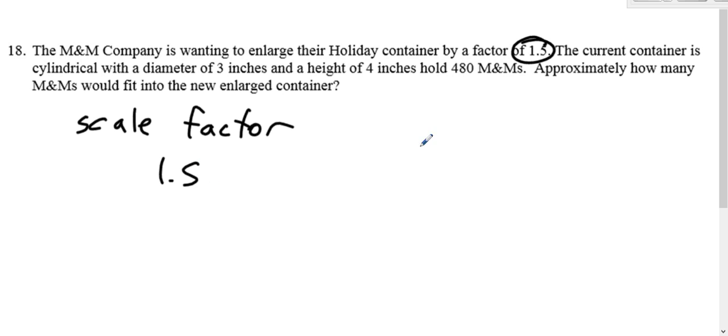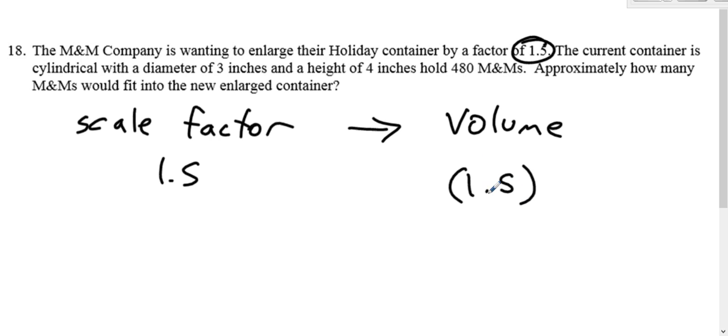which is 1.5. For volume, it would go to 1.5 cubed. If they enlarge every dimension by 1.5, it's going to change the volume by a cubed factor. Which means by enlarging every dimension by 1.5, they're going to increase the volume by